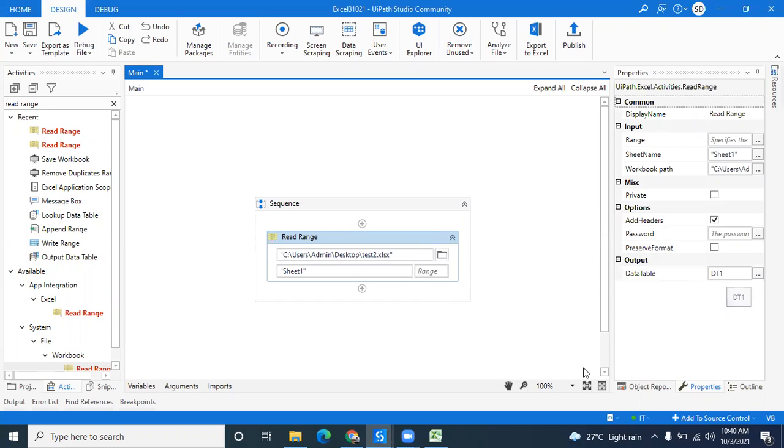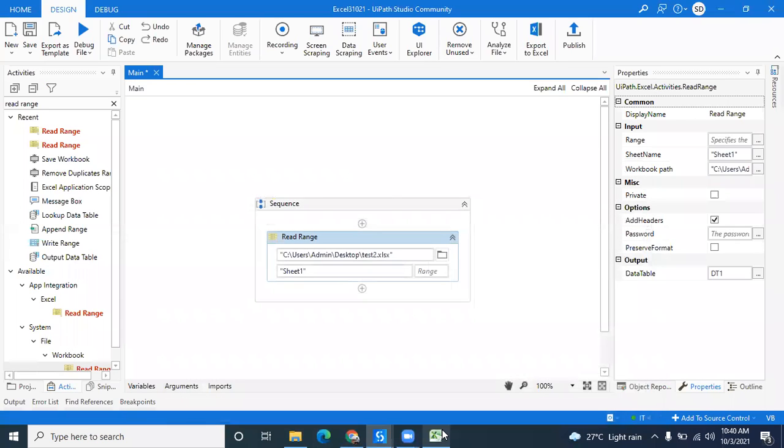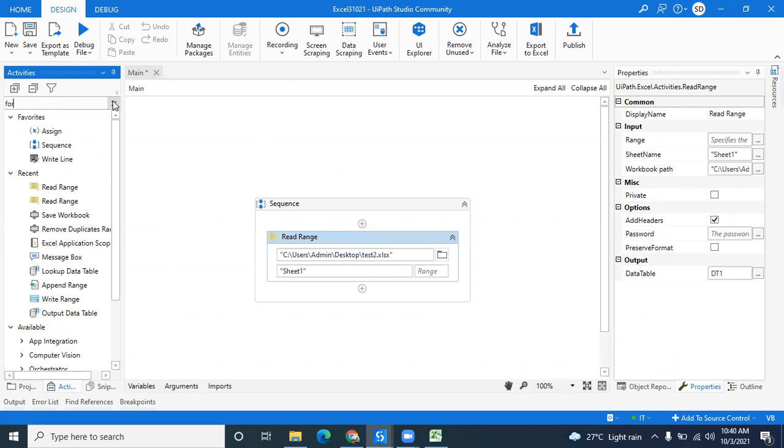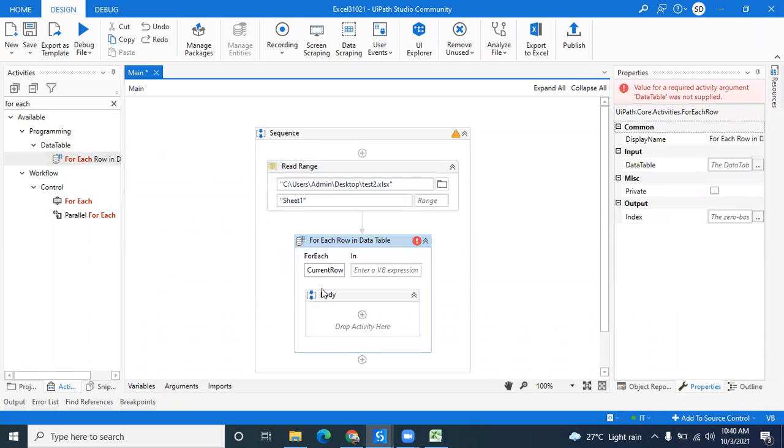This is the first task. Now, after reading this file, I have to take each row and do the operations. To iterate through each row, I should use for each row in data table. This is the activity which iterates each row in our data table.